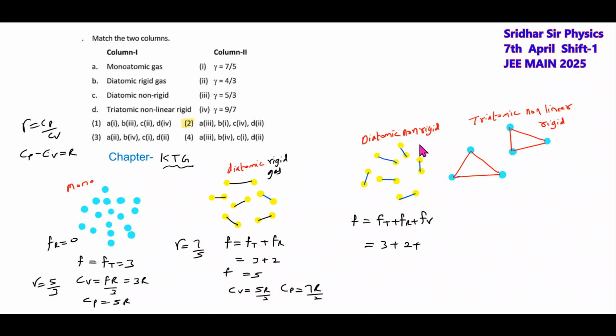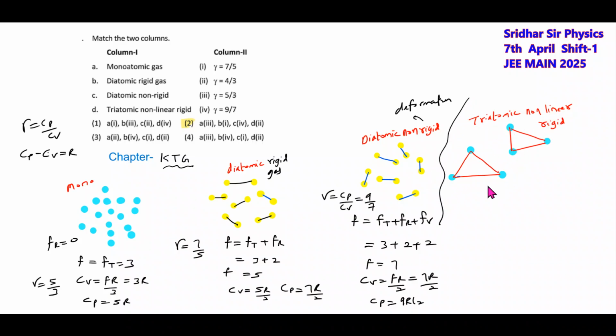Non-rigid means we should take the deformation. Due to the deformation, the additional 2 will make it 7. Cv will be f R by 2, 7R by 2. Cp will be 9R by 2. Gamma is 9 by 7. The next, triatomic